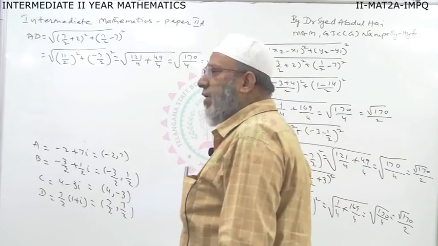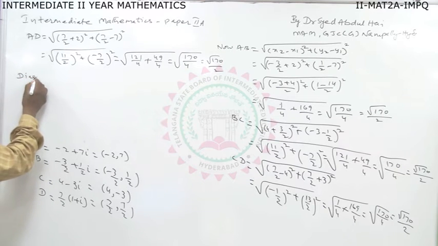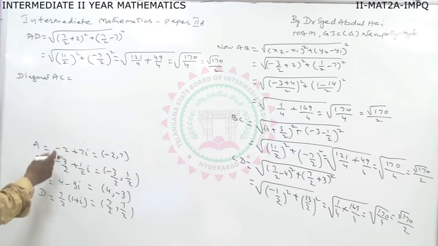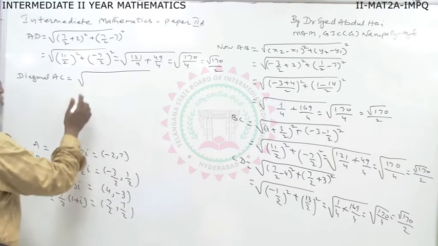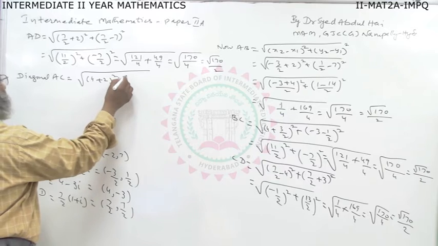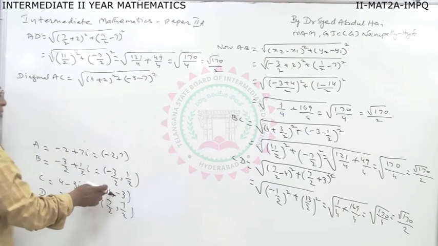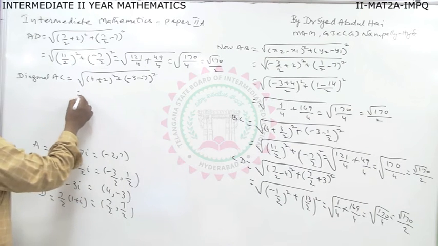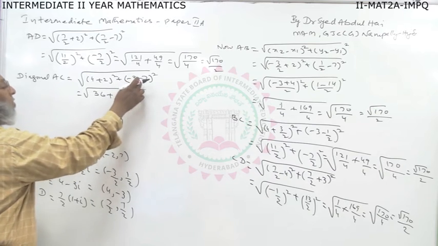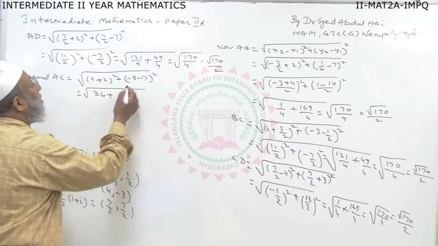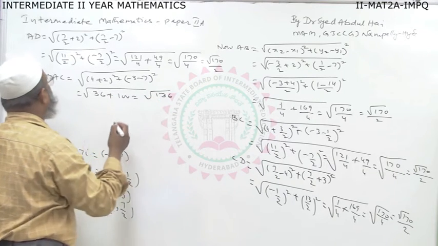Now, I have to find the diagonal. Diagonal AC. AC is equal to root of 4 plus 2 whole square plus minus 3 minus 7 whole square, which is equal to 4 plus 2 is 6, 6 square is 36, minus 3 minus 7 is minus 10, minus 10 square is 100, equal to root of 136. Now,